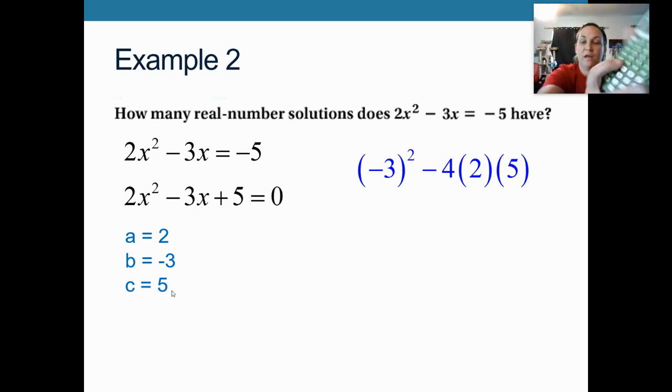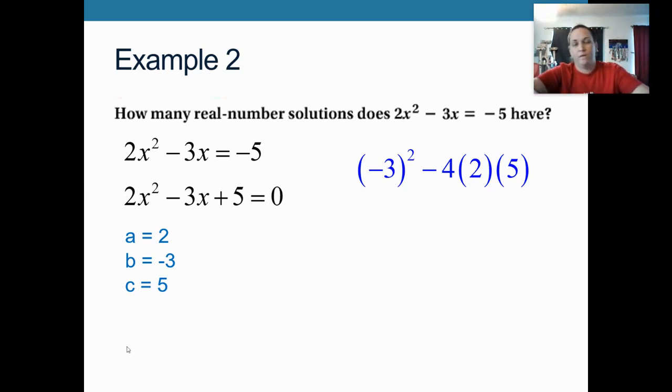And then I'm going to hit the square button. Okay, negative 3 squared. And if you type it in correctly, it will tell you positive 9. Now, if you don't use the parentheses and you just type in negative 3 squared, it's going to tell you the answer is negative 9, which is not correct. So your calculator does not understand that you want to square the negative with the 3 unless you put parentheses